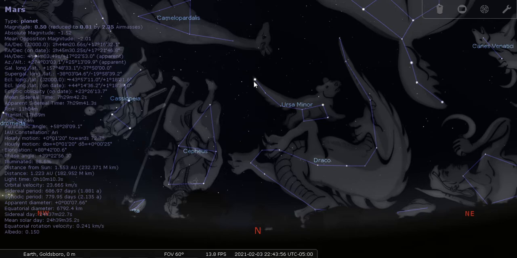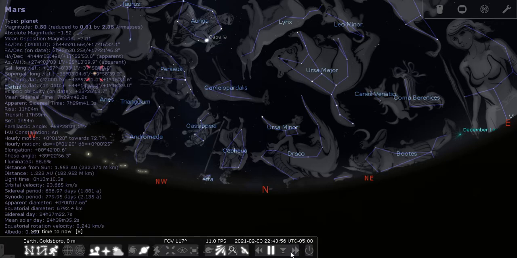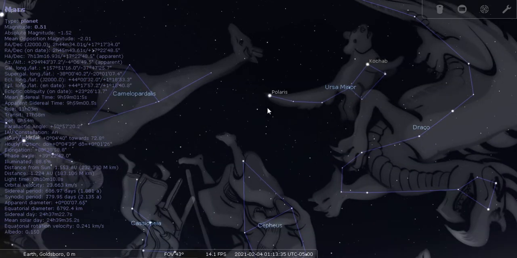This one right here, that is Polaris, otherwise known as the North Star, and it's called that because as you rotate, all of these stars go around that particular point. It doesn't move, it's fixed, it's lined up with the axis of our rotation. Interesting to note, it was not always the North Star, and it will not always be the North Star. A couple